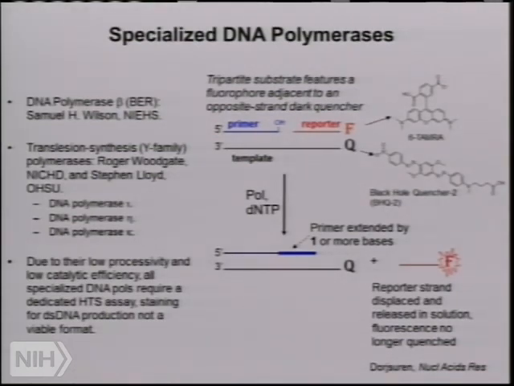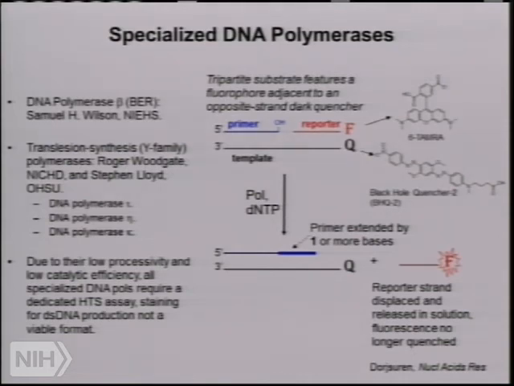Another system in DNA repair is this entire gene family of specialized DNA polymerases, also called translesion polymerases. Here we actually work with a couple of NIH intramural investigators, Sam Wilson at NIEHS down in North Carolina, Roger Woodgate from NICHD, and also with extramural investigator Stephen Lloyd to test Pol Beta, Eta, Iota, Kappa to find specific inhibitors for those.